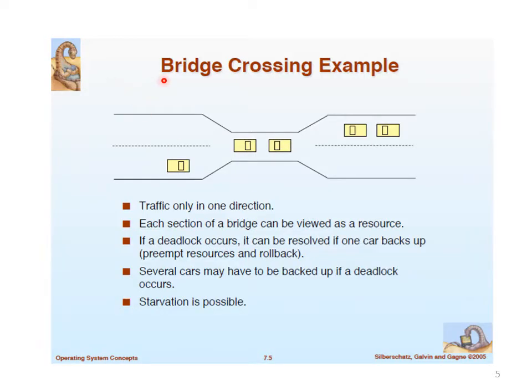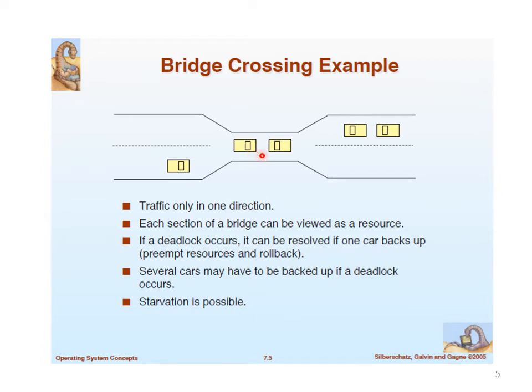So we can explain the deadlock using another example, that is the number of vehicles that are crossing a narrow bridge. As the bridge is narrow, the vehicles can move only in one direction, either from left to right or from right to left. So deadlock occurs when cars start moving from both the ends and they meet at the narrow bridge as shown in the figure. So none of the cars can move in any direction here, and this is called as a deadlock.